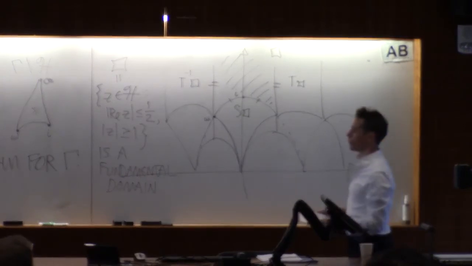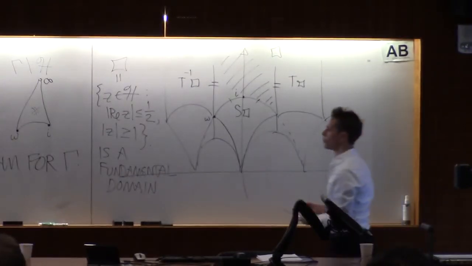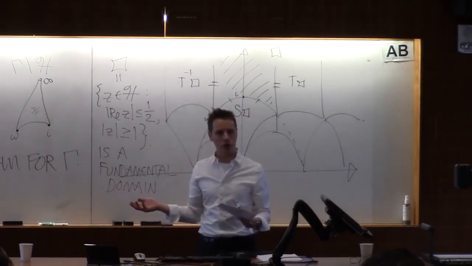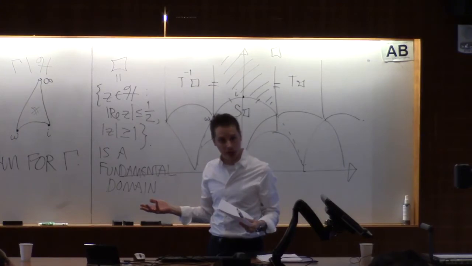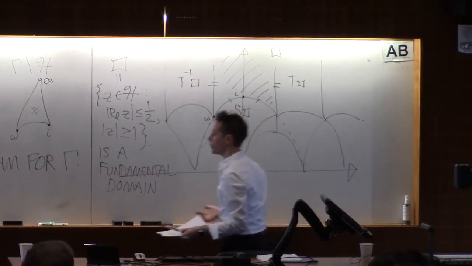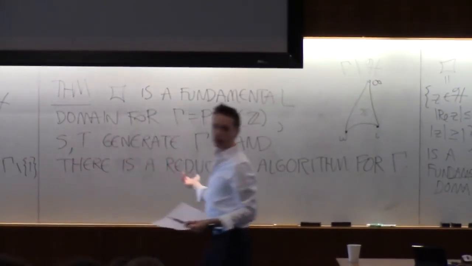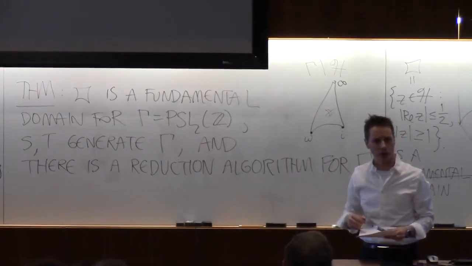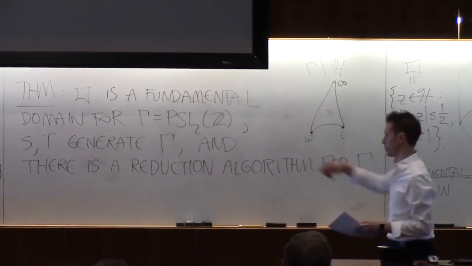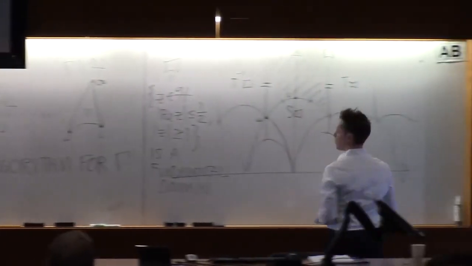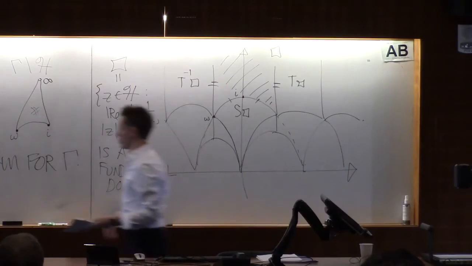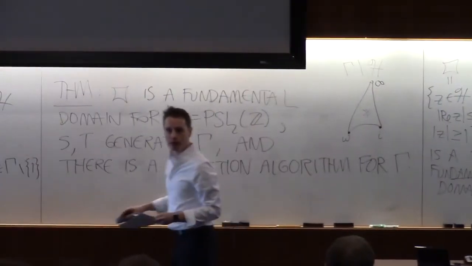What does it mean to have a reduction algorithm? It says that if I took any 2 by 2 matrix with determinant 1 and integer entries, so an element of SL2Z, there's an algorithm that will write it in terms of these generators, S and T. Just because I told you that they generate, that might not help you. Somebody gave you a matrix and said, prove to me that these actually generate. So that's part of what comes out of the proof of this theorem, that you can see how to write it as a word. And some of you have seen that before too, maybe.